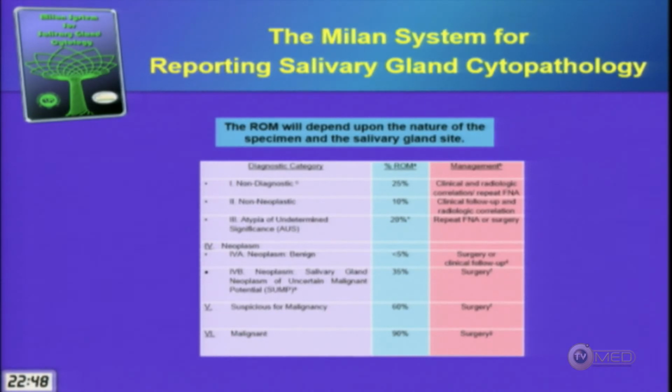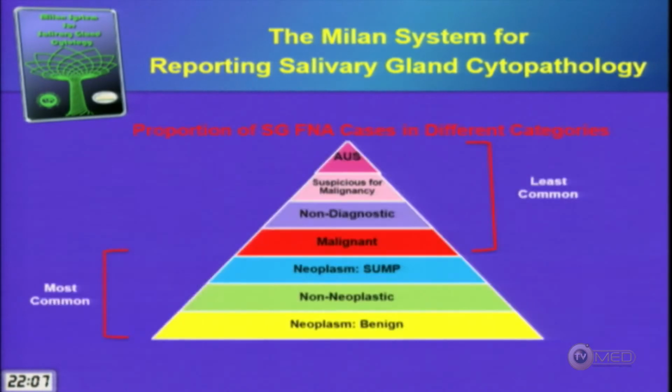I will say, and this is also true in the thyroid Bethesda, that the non-diagnostic category does have a little bit of an elevated risk of malignancy, and that's because, especially if you're not using ultrasound guidance, you may actually miss the salivary gland lesion. But what I'd like to point out as well is that as we go from the atypical category of about 20% risk of malignancy up to the uncertain malignant potential category of 35%, and then further up we go to 60%, and then closer to 90% as we move through the suspicious and malignant categories.